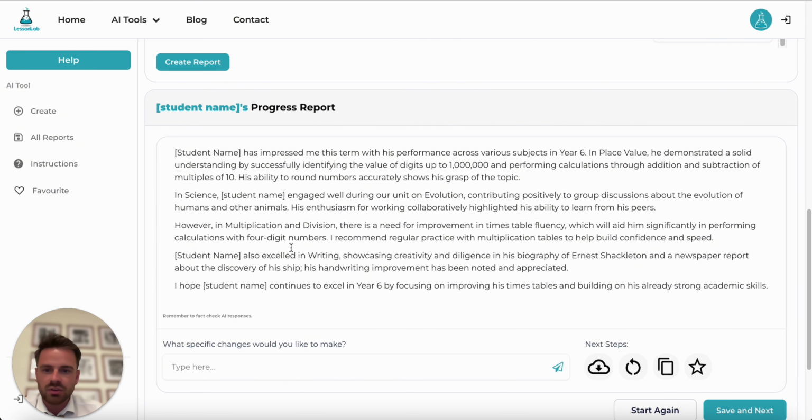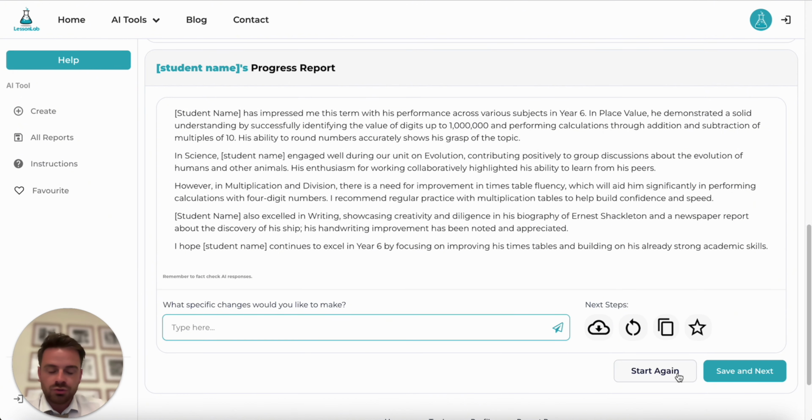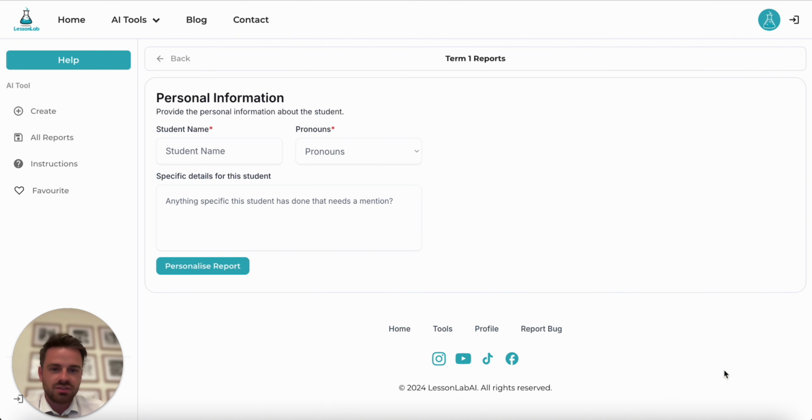Now, if you're not entirely happy, you can regenerate, you can ask for some specific changes, and those will be done automatically as well. So once you're done, you can either hit download and download the Word document containing this report, or you can copy just the text and add it into wherever it is that you upload your reports. Once you're finished, just click Save and Next, and what it's going to do is just create a new report